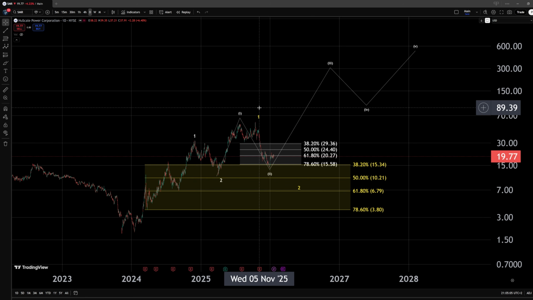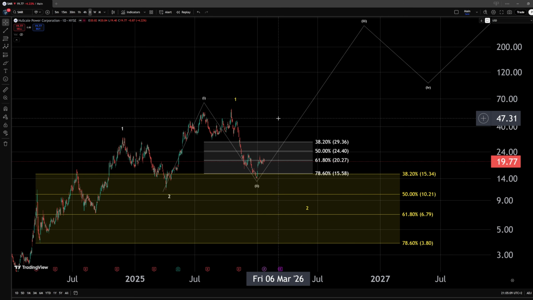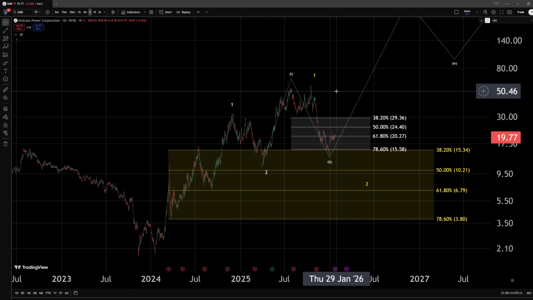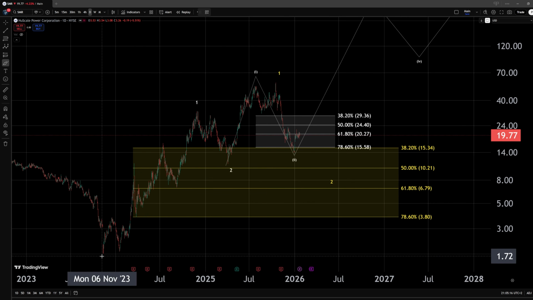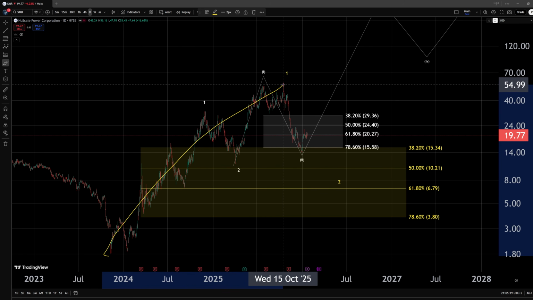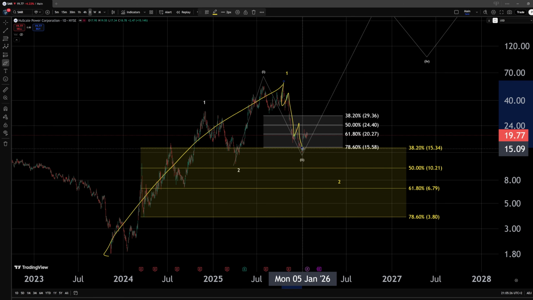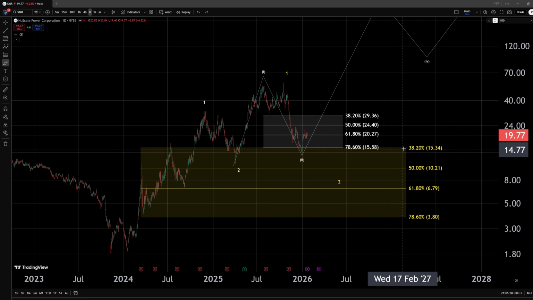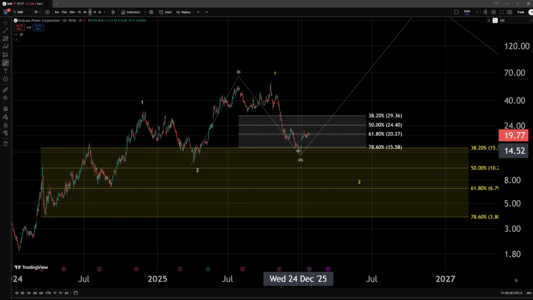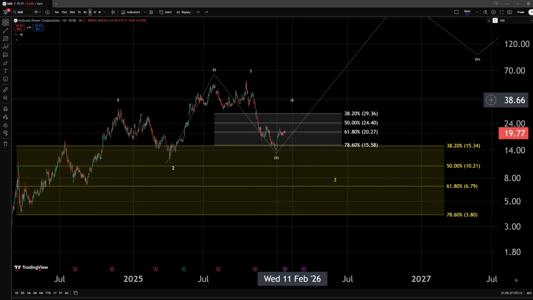But since we actually failed to hold clearly the area of support for the wave 2 correction, we have started to consider some alternatives, and this is how we have come up with the yellow interpretation, where we consider a more significant top within a wave 1 to have formed here instead at the all-time highs, and we have an initial 5-wave move to the downside. And this is not to say that the white interpretation cannot still work out. In the end, this wasn't even a sustained break. I would consider this scenario still pretty much intact, but it was enough for me to start looking for alternatives,